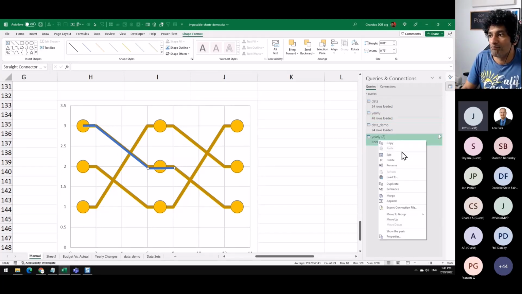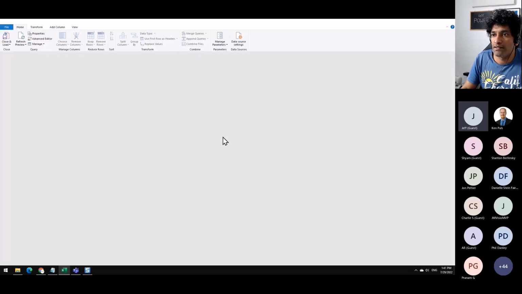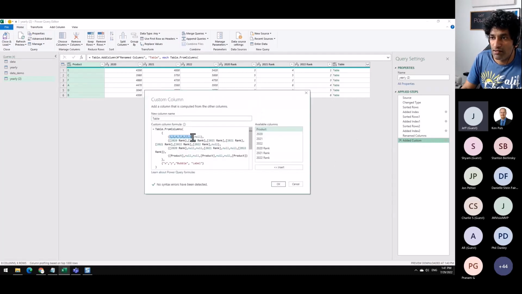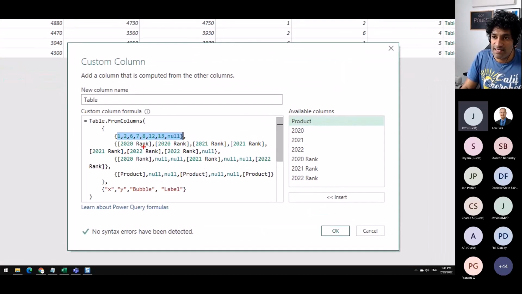Again, to get this is where the table formula is a little bit more complicated than normal. So we have got one row that tells the x coordinates, and the x coordinates are not continuous. They go 1, 2, and then 6, 7. So we skip out 3, 4, 5, and then skip to 6, 7, 8. It maintains the course, and then from 8 it again jumps 4 points. So that's where the line has a little bit of slope and all of that. And then the last one is null because we wanted to have a blank row so that once one line is drawn, it skips out to the next line. And the values are from 2020 rank, kind of like that.